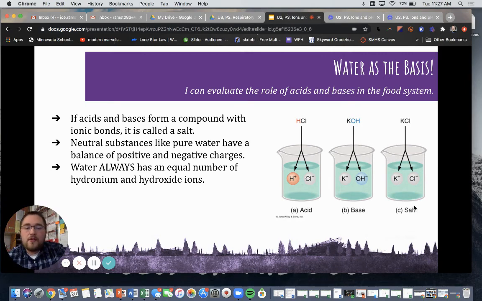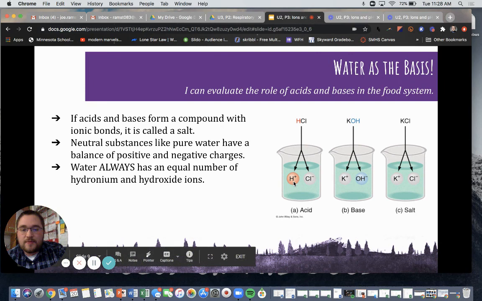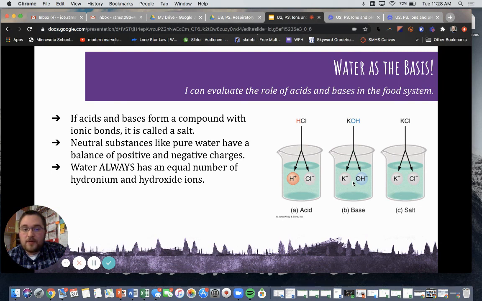But on the left-hand side on this diagram here, we have an acid, hydrochloric acid, HCl, okay? And then we have a base in the middle. And that is potassium hydroxide. That is a form of a base, okay? Because here we have an acid, we have our hydronium ion, H3O plus, forming with chloride. And then over here we have potassium, which is positively charged, but then that's combining with a negatively charged